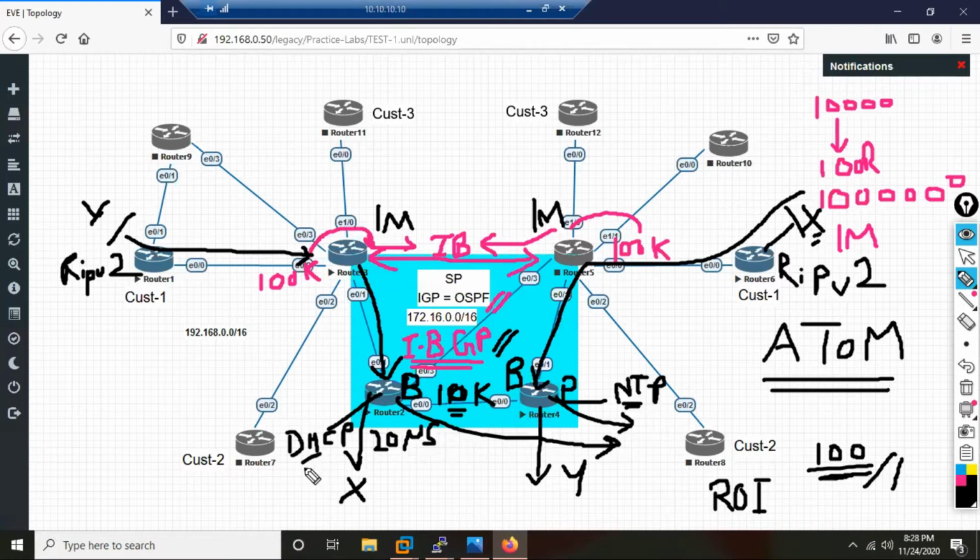DHCP services: you want IP addressing, our DHCP server can provide it. And then service providers tell customers, you have to pay a very small fee per month. If you take the DHCP server, maybe one customer pays just $5 a month. Just imagine you have 10,000 customers, and $5 a month each.